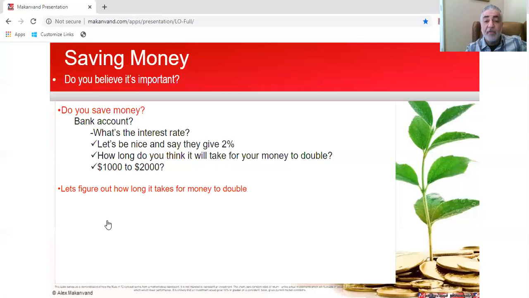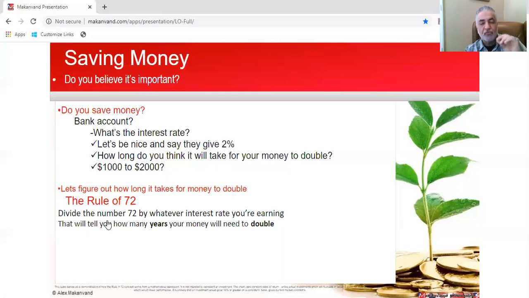I'm going to show you how we figure that. There's a formula that we call the rule of 72. And Ben Franklin actually kind of came up with this formula years ago. There were no computers or calculators. There were maybe slide rules back in the day, but he figured out a quick and dirty method. If you take the number 72 and divide it by your interest rate, the answer will be your doubling period in years.